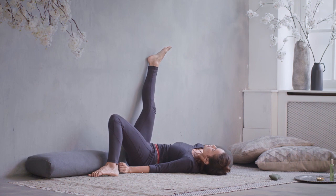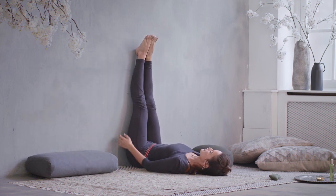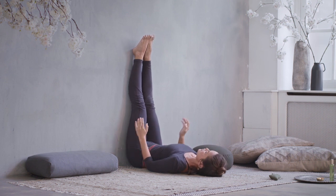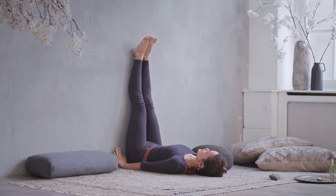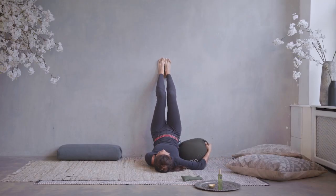So it's good to start with your side against the wall, and really just lower yourself down and make sure your hips are touching the wall. So you can stay like this, and this is a good posture already. But if you want to extend it a little bit more, which is really better for the inversion, you can also lift yourself up